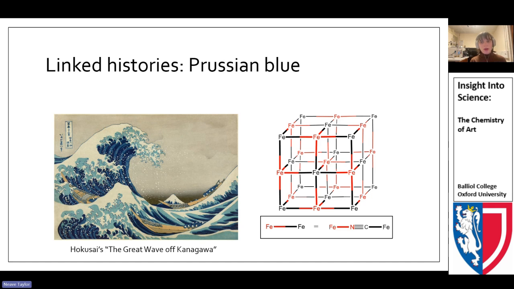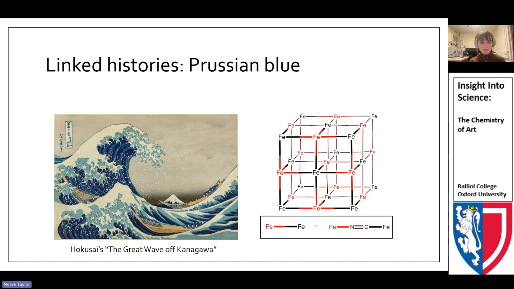Before that point, the only blue pigment that was really available was ultramarine, which is made up of crushed up lapis lazuli suspended. Lapis lazuli is a really beautiful precious stone that at most points in history has actually been more expensive than gold. So you can imagine that only the absolute richest of the rich had access to this pigment. So the discovery of Prussian blue was something that opened up a whole new color to be used in